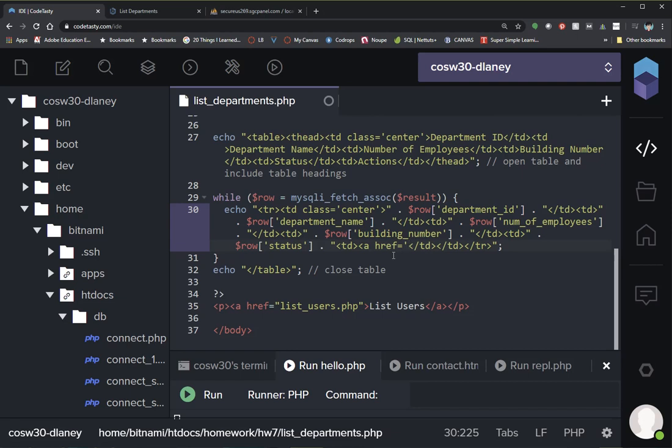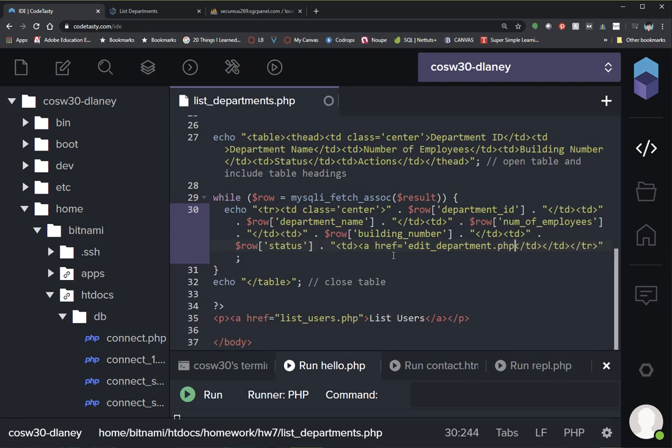I want this to take me to a new page called Edit Department. So EditDepartment.php, and then I'm going to pass it a GET variable. And what you want to do to pass the GET variable is the very first variable in the list. So you can pass multiple variables, but it's going to start with a question mark. Okay, so question mark and then the name of the variable. I don't necessarily want to have department ID as the entire name, so I'm just going to put ID equals,